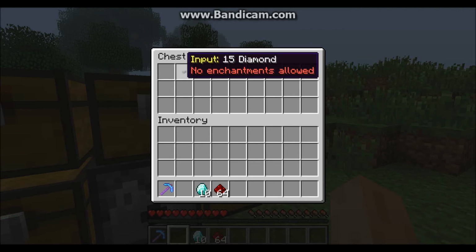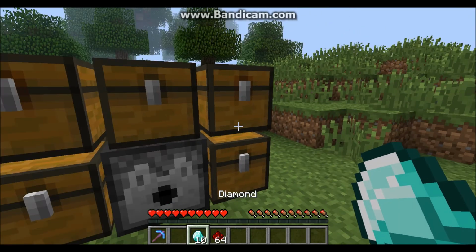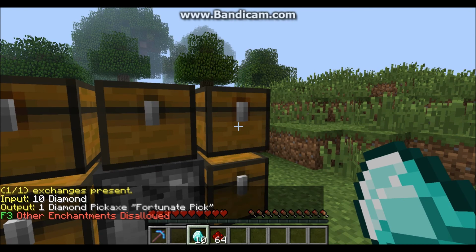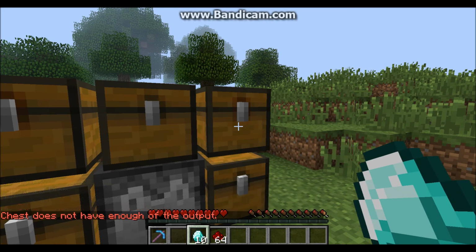It's easy to adjust amounts. You just shift right-click or left-click to change the amount. And so now it's 10 diamonds. So to use that, I will click, and it first tells me the amount, and then click again. It would make the exchange if the pickaxe was in there, but it's not, so it says there's not enough